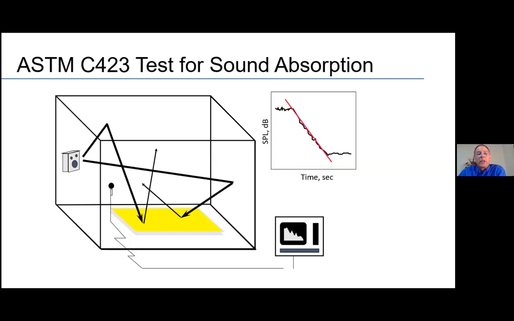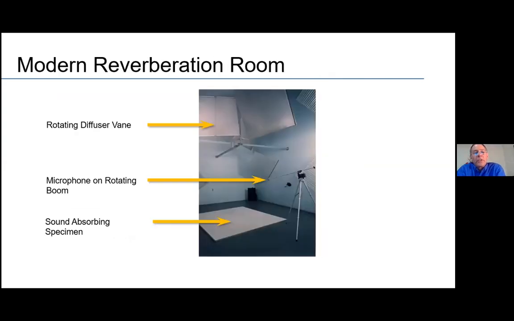that product. This is an image of one of the rooms that's used for doing that testing, a reverberation room. Shows you the different elements involved in doing the test. You see the noise source is a speaker down in the bottom corner where the walls and floor meet. And then you have the sound absorbing specimen on the floor. You have a microphone mounted on a rotating boom. And then you have a lot of elements hanging from the walls and ceiling of the room. Those are different types of diffusers.